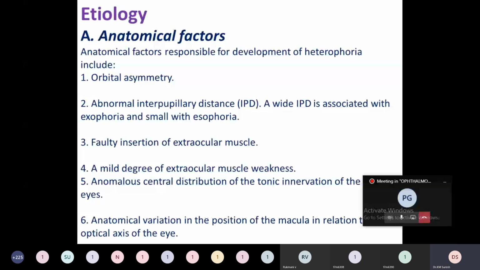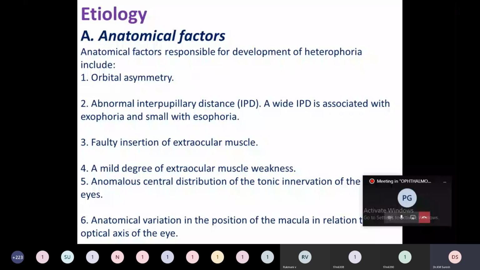You know the standard insertions of all the extraocular muscles around the limbus. Now, if there is any faulty insertion of one of the muscles, then it can give rise to heterophoria. A mild degree of extraocular muscle weakness also can give rise to heterophoria. Anomalous central distribution of the tonic innervation of the eyes. One muscle is innervated more and the other muscle is not innervated to the same extent. The number of fibers that are supplying are much lesser. In such cases also there can be